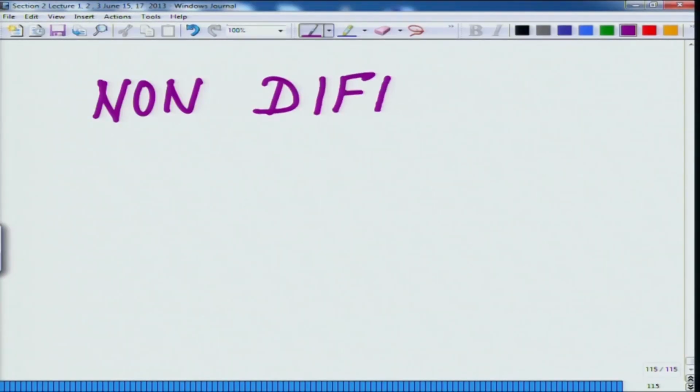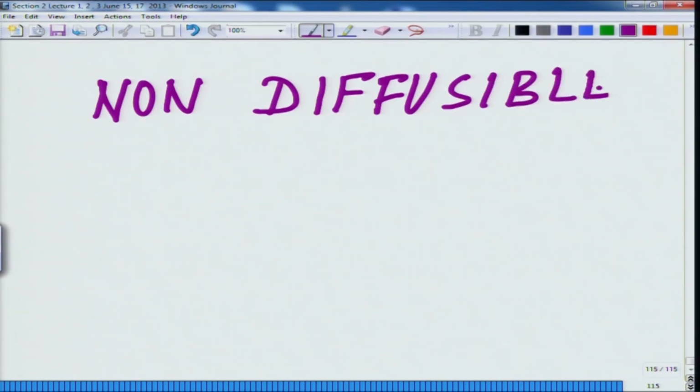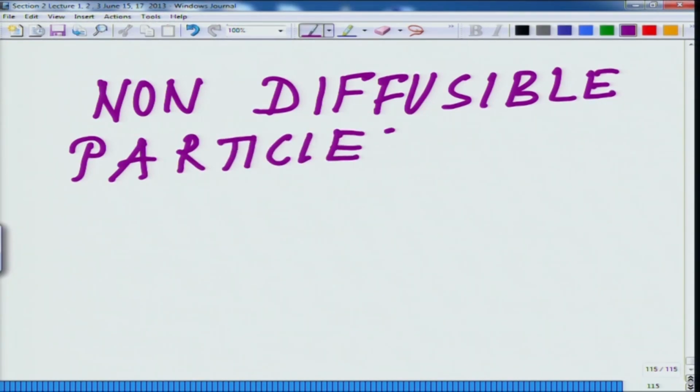non-diffusible particles, what I showed you. This is extremely important. Please get your basics very right on this. Non-diffusible particles, which I was drawing like the red and then the green and the magenta and all those non-diffusible particles